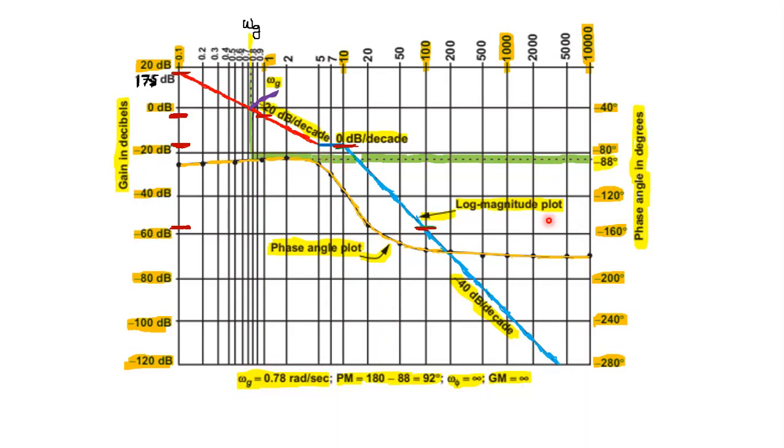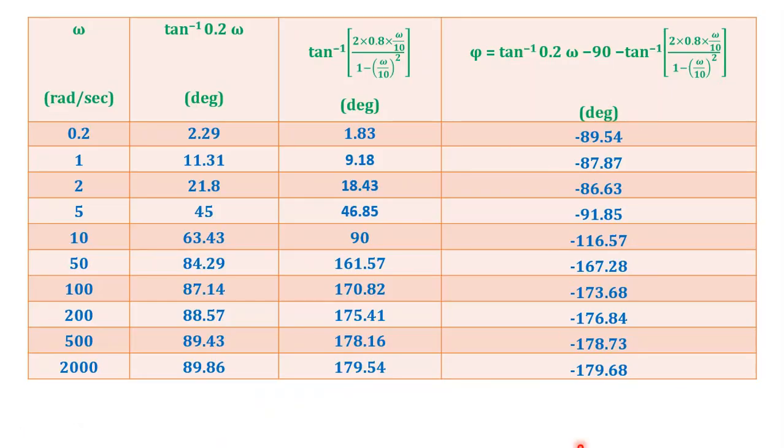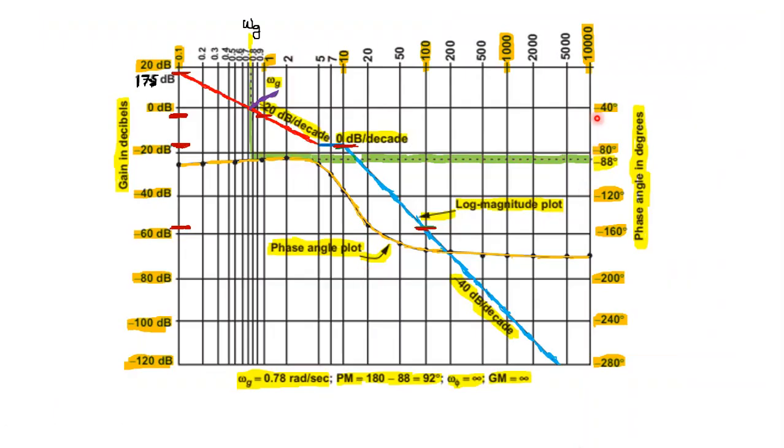Since the phase angle is going to vary from minus 90 to minus 180, even though we could have taken a bigger scale, I have taken 0 to minus 280. This is 0 degree. I don't want to make it cramped by marking all this here. That is why the phase angle is marked here. For different frequencies I know different angles, so these angles I have to mark.